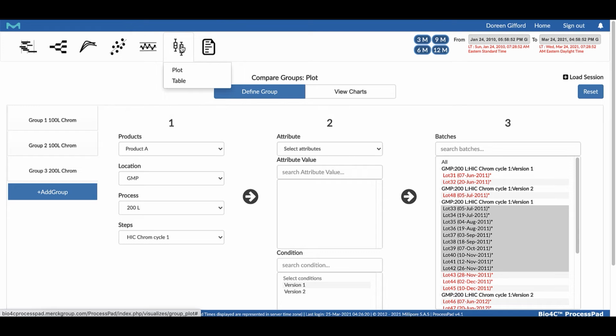Clicking on this box plot icon, we have Compare Groups, which allows us to analyze group-to-group variability and trend parameters. There are two types of compare groups. Plot, which allows users to compare different groups of process batches across products, facilities, processes, or conditions. And Table, which allows you to create ad hoc data groups to perform statistical comparison of groups to identify significant